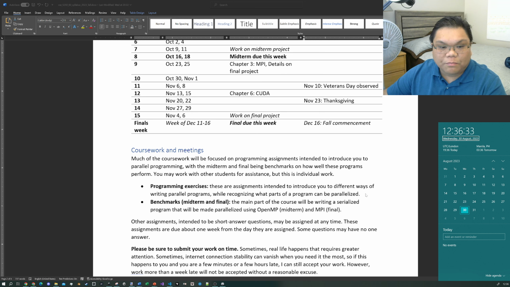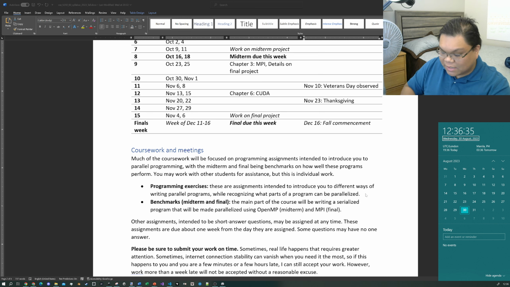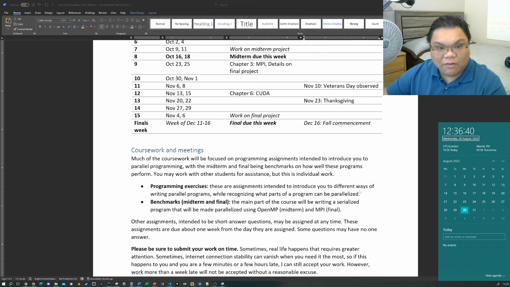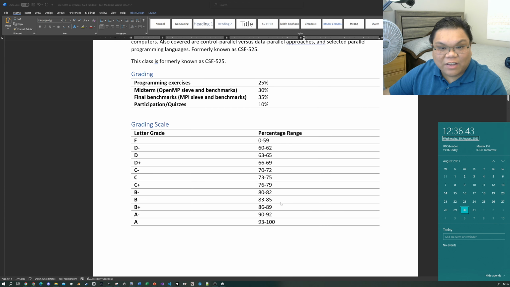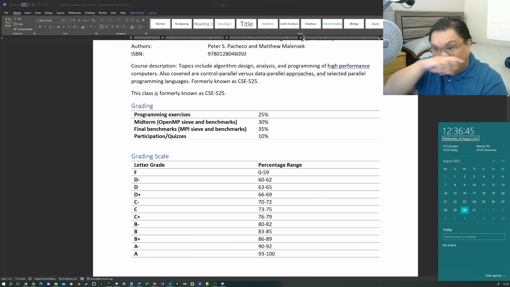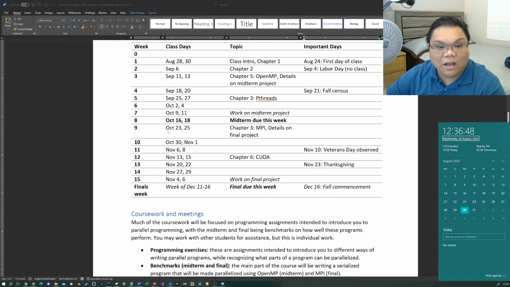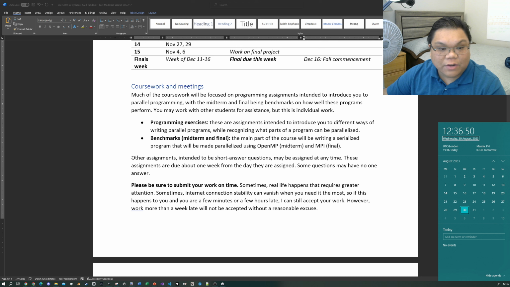We also have parallel programming exercises. Again, I'm gonna be using the textbook for that. So that actually covers 3 of the 4 categories of assignments. The last one is what I call short answer questions. If I am to ask this to you, you basically have 1 week for you to answer that question and submit an answer. You are to submit this answer on Canvas, by the way. In fact, everything's gonna be submitted through Canvas.